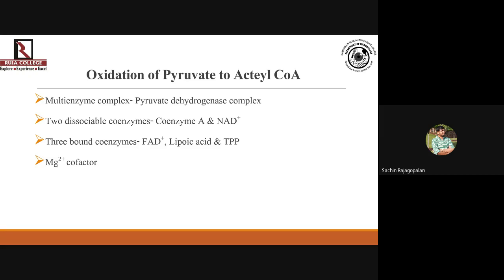Now, when pyruvate is crossing these 2 membranes, let me tell you that the outer membrane of mitochondria is completely permeable. It allows anything and everything to cross it. But that's not the case with the inner membrane of mitochondria. Inner membrane of mitochondria is too selective. So, for pyruvate to be able to cross the inner membrane, it is subjected to some chemical reactions, wherein